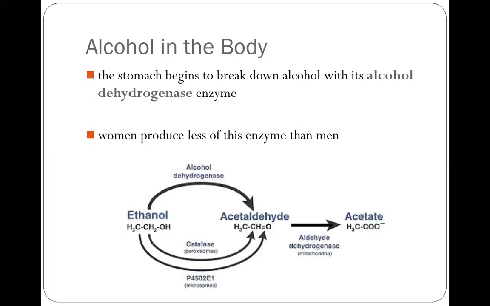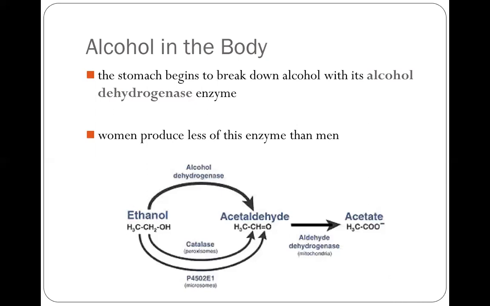Alcohol is broken down by an enzyme called alcohol dehydrogenase, and alcohol dehydrogenase is present in the stomach as well as the liver. And so alcohol dehydrogenase is needed for the first step in alcohol breakdown, which is the conversion of ethanol to a compound called acetaldehyde. Acetaldehyde is less toxic than ethanol, and acetaldehyde can be further broken down to acetate, which is not considered toxic